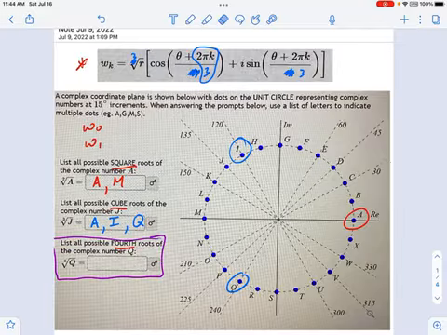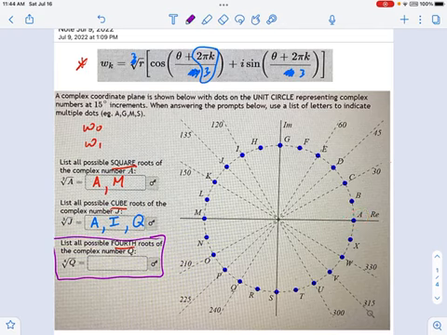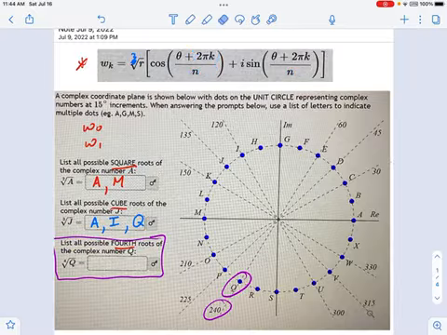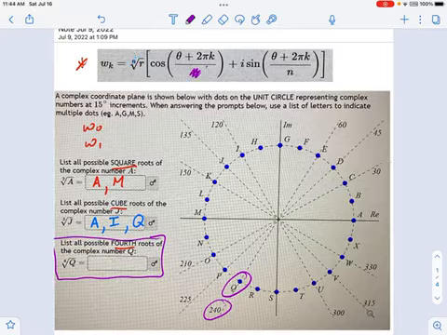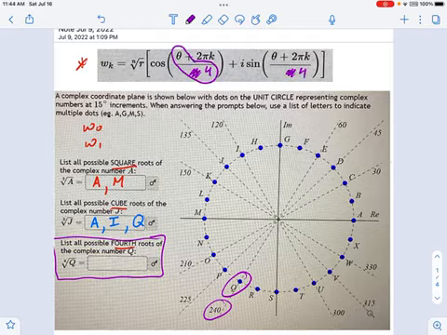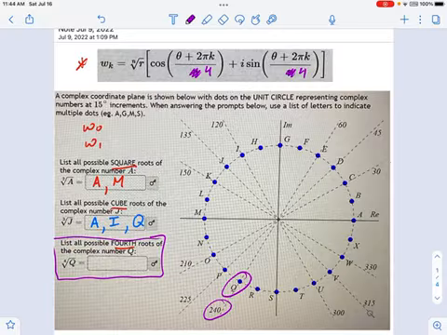Okay, so first, let's go ahead and actually find Q this time. Here we go. There's Q. So what is its angle? It's at 240 degrees. So the first thing we do is we're going to divide that by n. And what is n for this problem? Well, when you're doing fourth roots, n is 4. So first thing we're going to do is divide theta by 4. So 240 divided by 4 is 60. Find 60 degrees. Here we go.